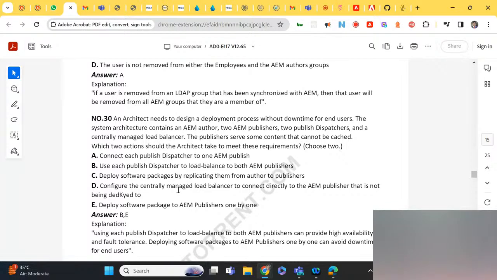How many questions are there? 50 questions, and 29 is pass. So is this the one practice paper we are doing, or will we have one more? We have done one more previously, right?